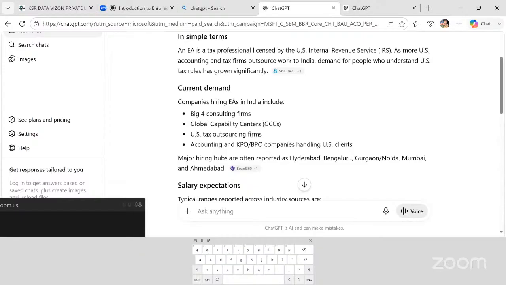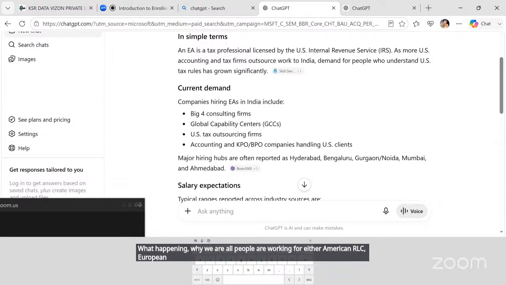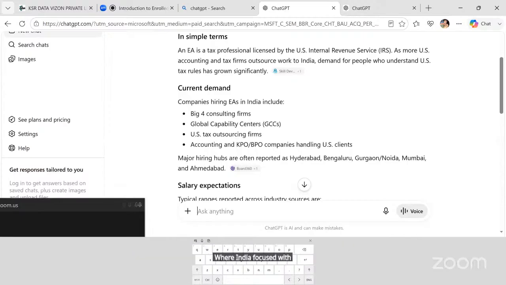What is happening? Why are all the people working for either American or European companies only, as contract employees here from India? Because of less cost labor here, we have a larger workforce with English communication skills. Why not China? China has a lower cost than us, they can work, but they don't have English speaking skills properly. They focus on manufacturing, whereas India focused on good English communication skills and software courses, working for American and